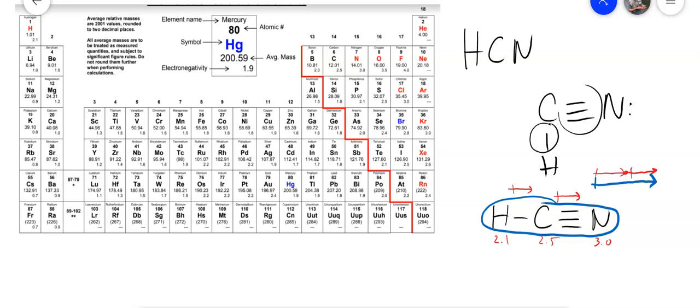And I neglected to do this with the last molecule, carbon dioxide. Well, I didn't neglect to do it. It's nonpolar, so we wouldn't have a molecule dipole or partial charges. But in this case, we do have a molecule dipole because the bond dipoles don't cancel each other out. So if I were to draw a molecule dipole that shows the direction of the electrons getting pulled in the whole molecule, I would draw something like this, an arrow pointing from the hydrogen side over here towards the nitrogen